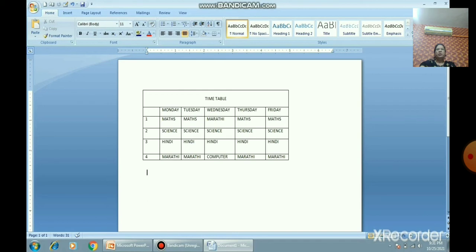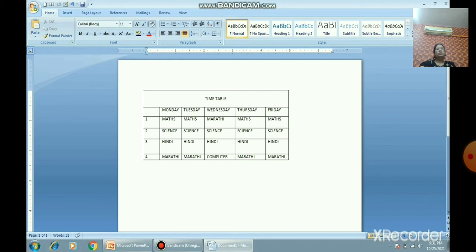Yes, children. So in this session, what have we learned? We have learned how to format the table with the help of the Design tab. We have also learned how to change the column width and the row height.